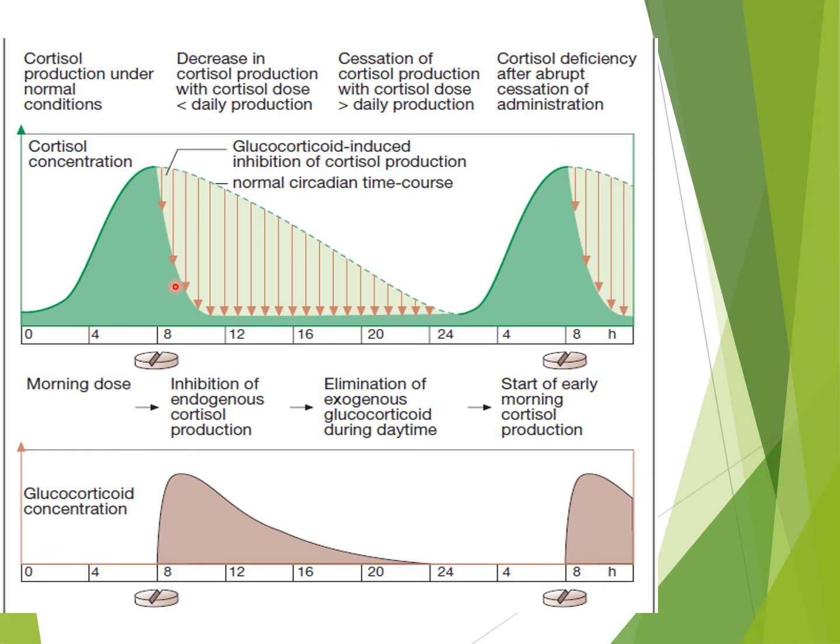What does feedback mean? If you give a dose of hormone in the morning, then the quantity of hormones will be decreased. Do you see? The concentration of hormone will be decreased. Then